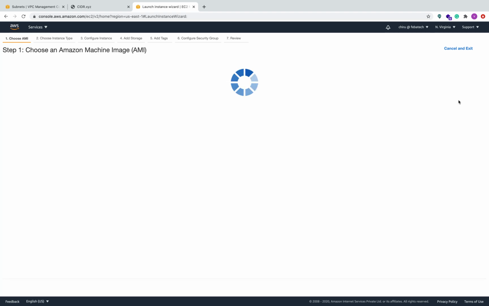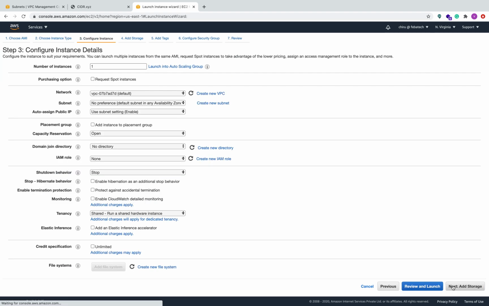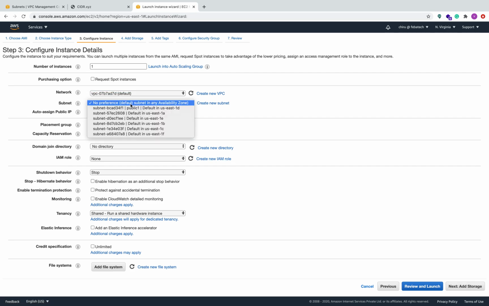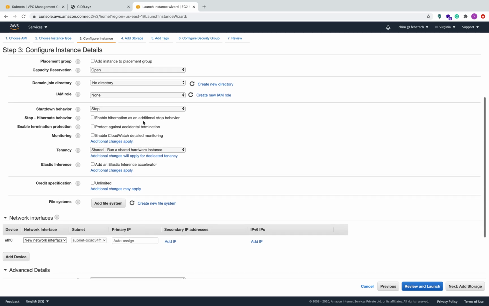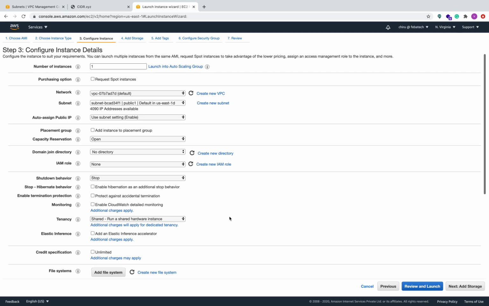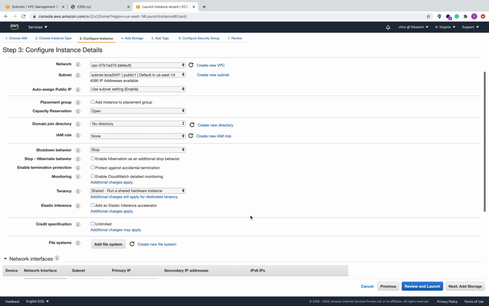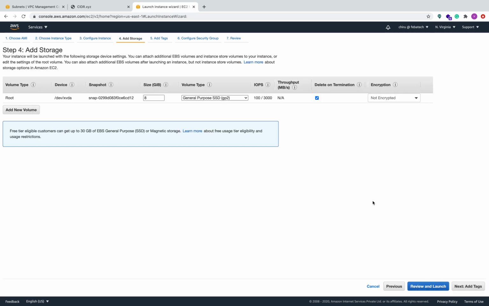So Linux 2, and then here this is the default VPC, and then the subnet is this one, the public subnet, which we are using, and these are the addresses available. So if you look, the auto-assign public IP setting for this subnet is enabled. Okay, this is the subnet where we are putting the EC2 instance. Okay, and then this is the user data. Next.